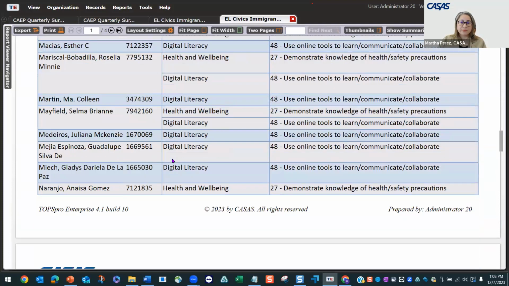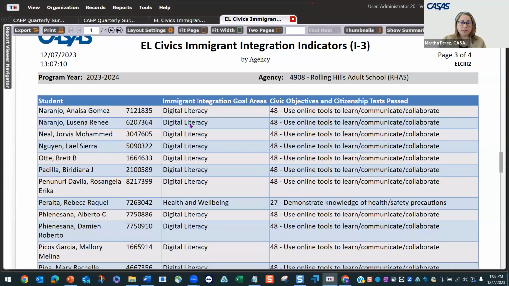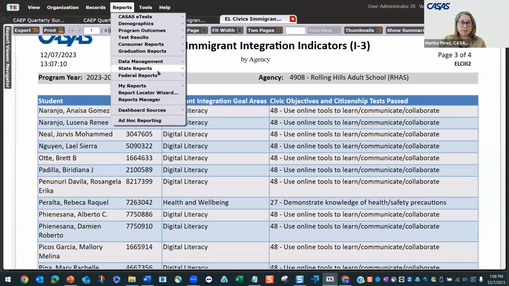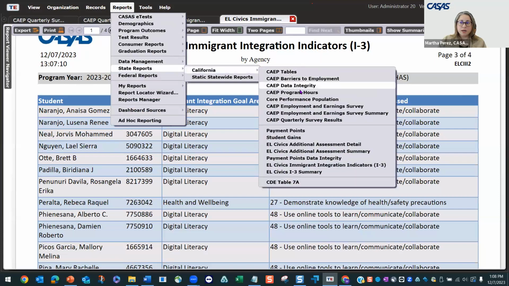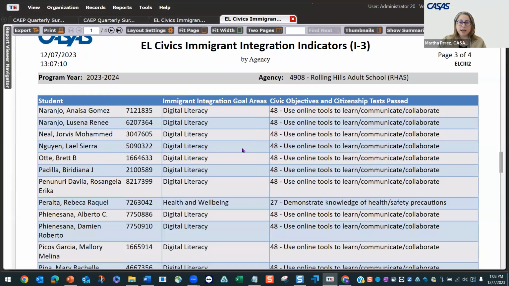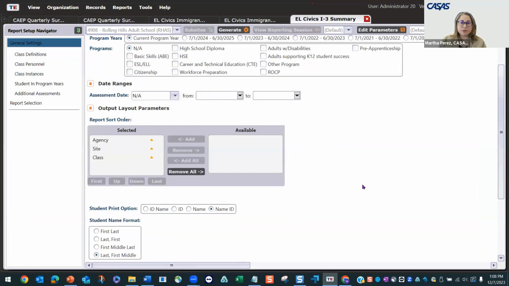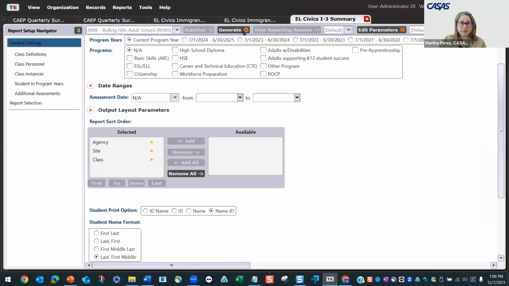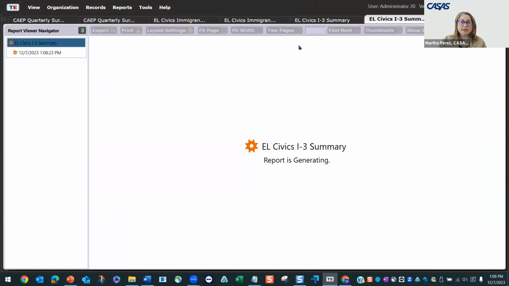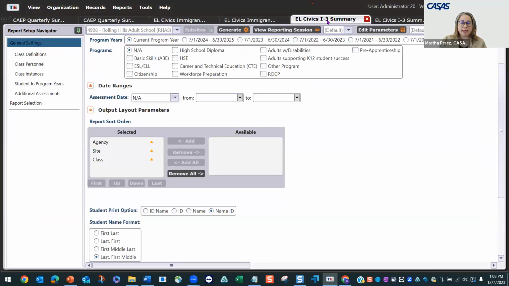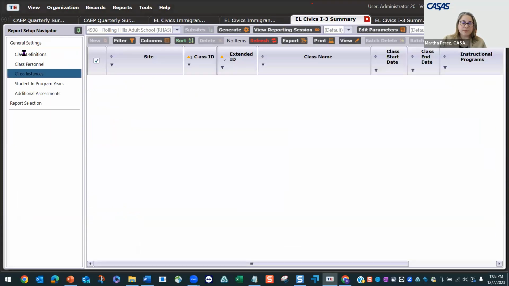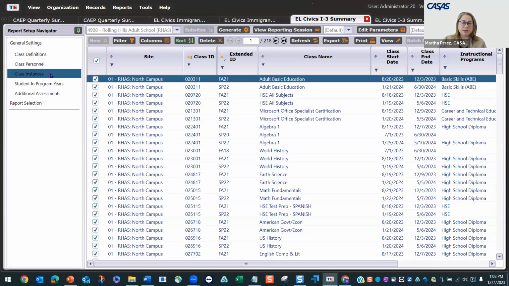So again, this report is under the state reports. Let's go over another report, which is the EL Civics I3 summary. The I3 summary is the summary version of the prior report that we saw. Let me click on generate. These ones you can filter by a particular class instance. From the navigator on your left, before you click on generate,